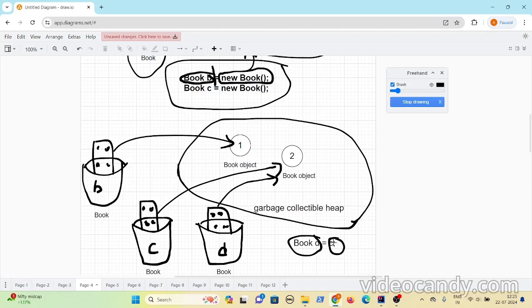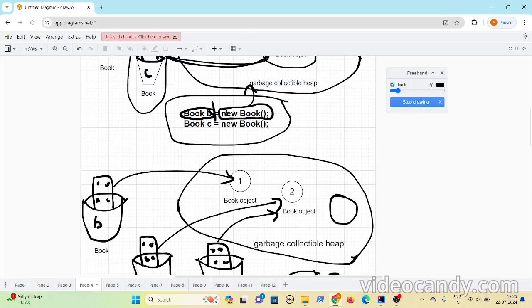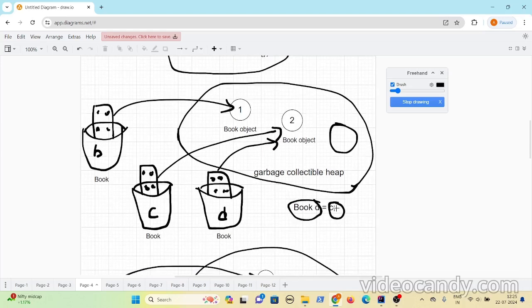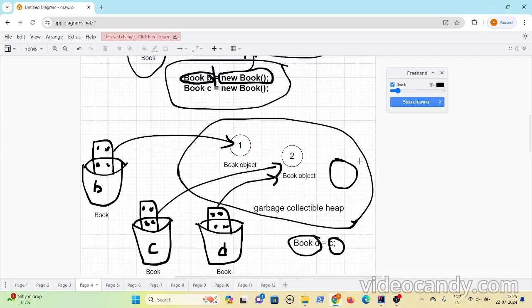Now, on the right hand side, you are not creating a new object. What you are doing is assigning C to D. So when you assign C to D, a new object does not get created. A new object which is similar to C does not get created. That is the important point here. In Java, memory gets assigned to an object only when you do instantiation using the new operator. Here, since you did not use any new Book,